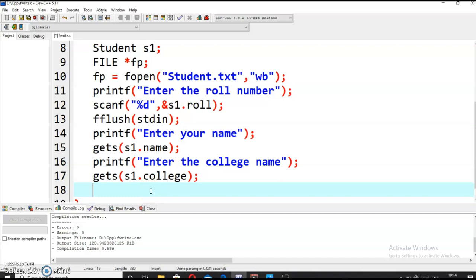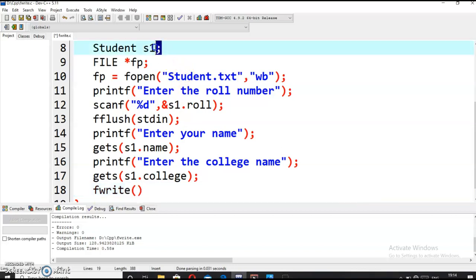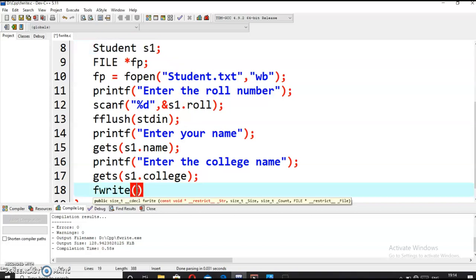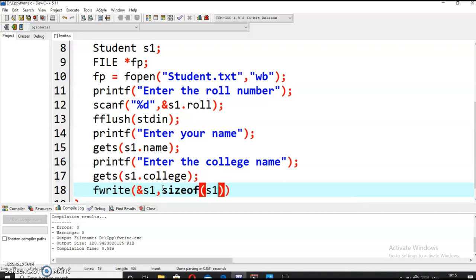So I will define an fwrite function, and the fwrite function takes 4 arguments. One is this student object which I want to pass, address of s1. This will pass all the data. And now I have to provide the size of this object which I have defined, and we will calculate the size using the sizeof function. Sizeof s1.